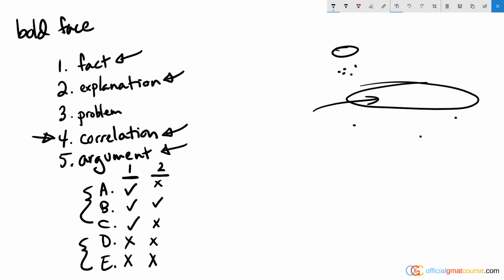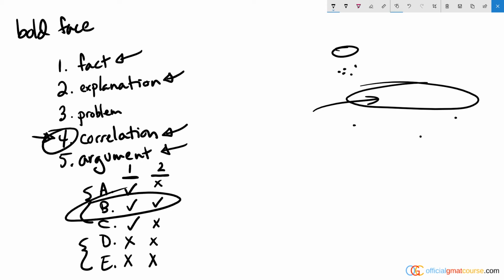So A, B, and C, only B gets it right, saying that the second boldface portion presents evidence that supports the hypothesis. So this correlation that they brought up was basically a piece of information that supported the original hypothesis, even though we were told in the middle that it would be hard to prove it. This piece of information locked it up, and that's why the argument was in favor of the hypothesis. So answer choice B is our answer here.